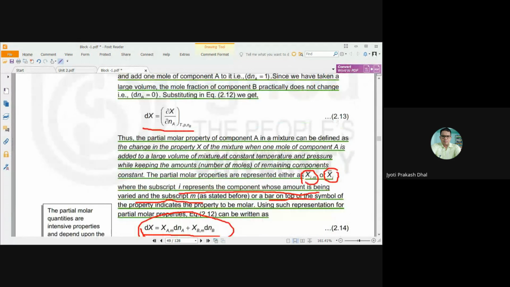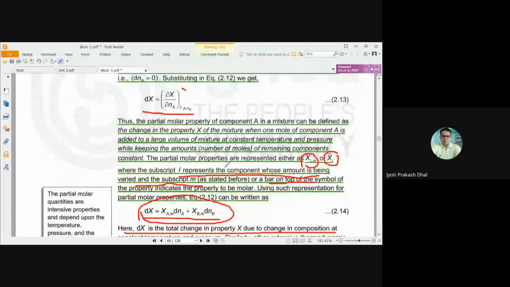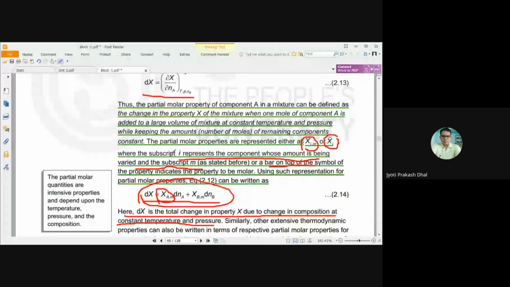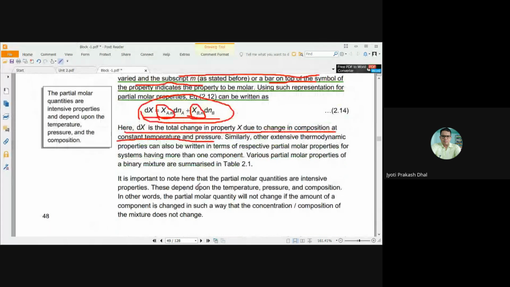Here XAM is del X by del NA at constant temperature, constant pressure, and constant number of moles of B. And similarly, XBM is del X by del NB at constant temperature, constant pressure, and constant number of moles of A, that is NA. Here, dX is the total change in the property X due to change in composition at constant temperature and